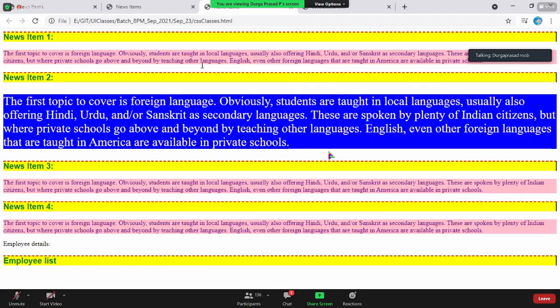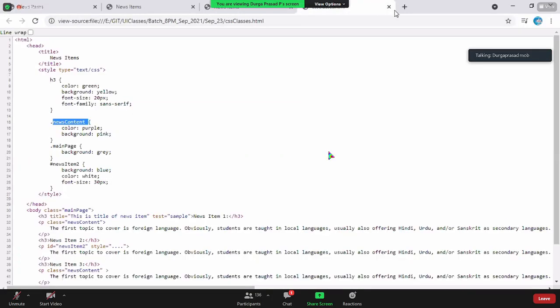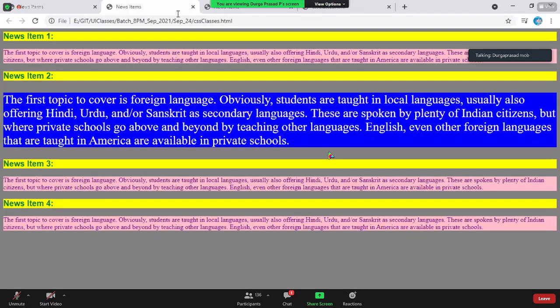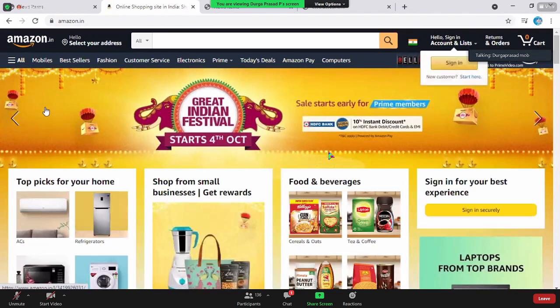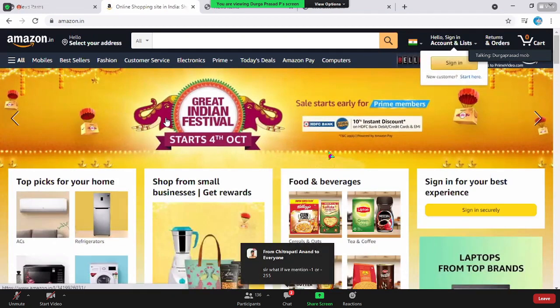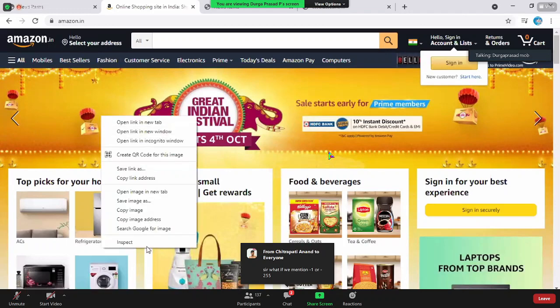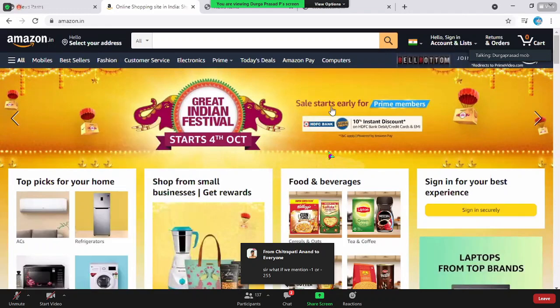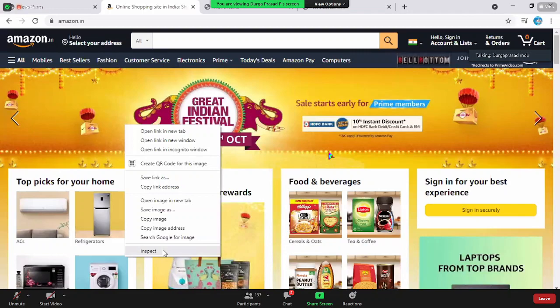You know one thing, there are actually a lot of tools available that will let you know. Say, for example, someone asked you, boss, there is something called Amazon.in. I want to have this color, whatever this elephant color is. I want that color. Do you know what it is? No. Let me show you one thing. There is a different way. How do you do that? I will do it later, but I can get the hash code of it. You know how?